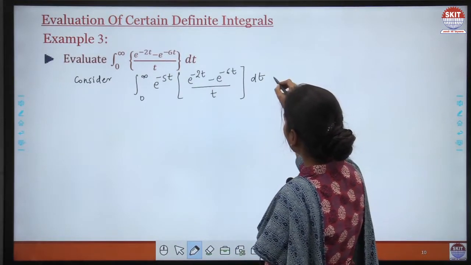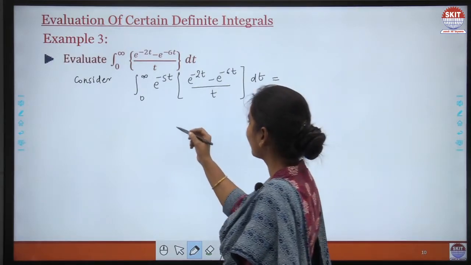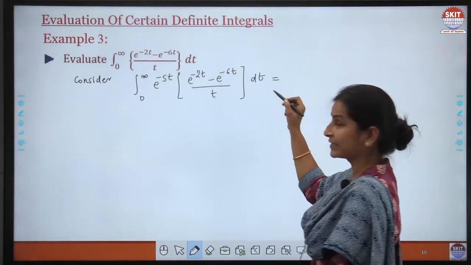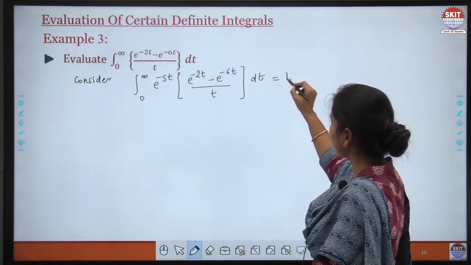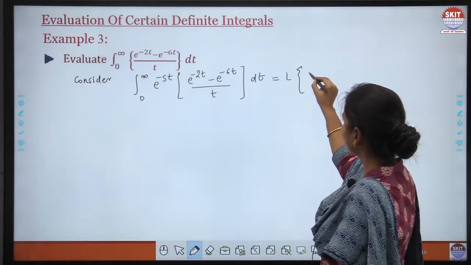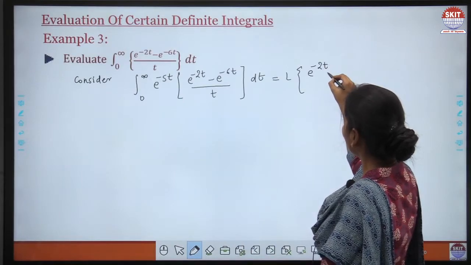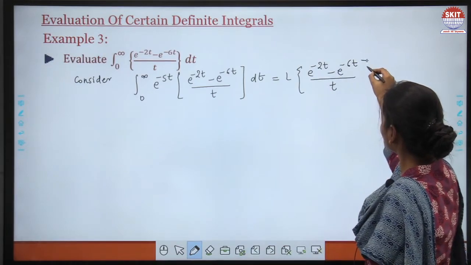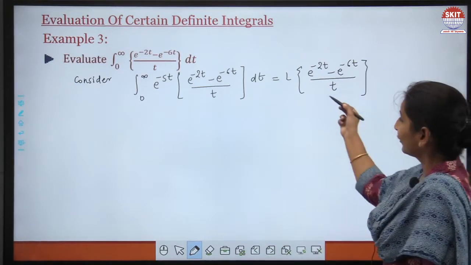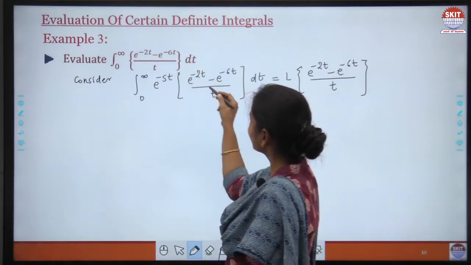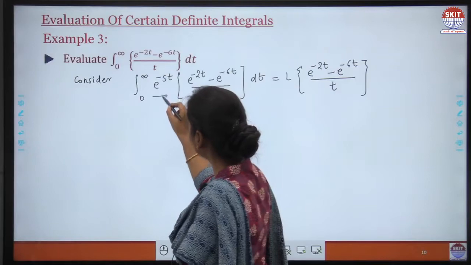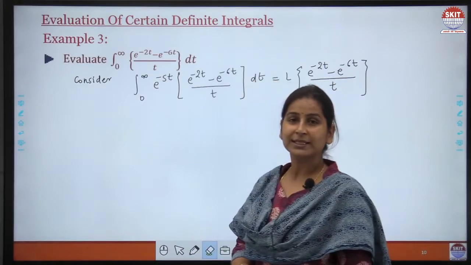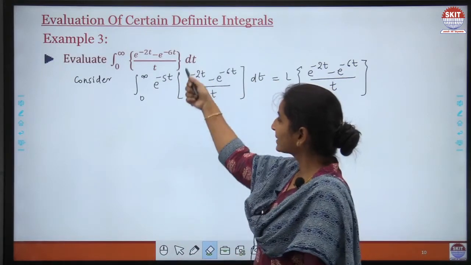Now again, if you remember the formula for Laplace transform, I can write it as the integral from 0 to infinity of e to the power minus st, f(t) dt. So this can be written as Laplace of (e to the power minus 2t minus e to the power minus 6t) by t. Again, if you compare, these two integrals are exactly the same if I remove this term. And how can this term be removed? If I put s equal to 0 in this expression,